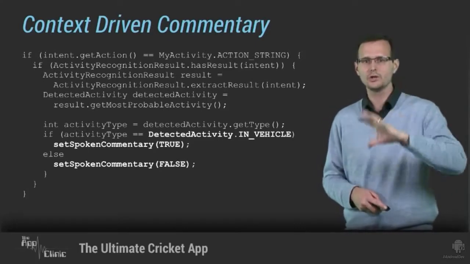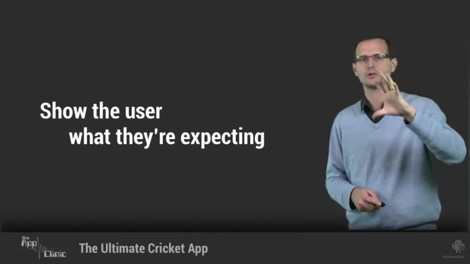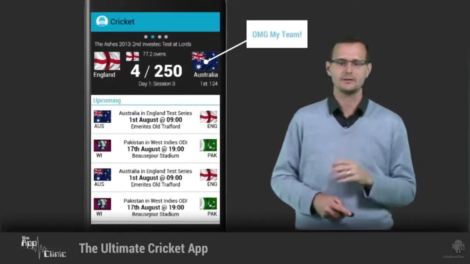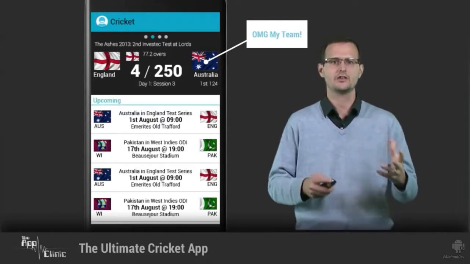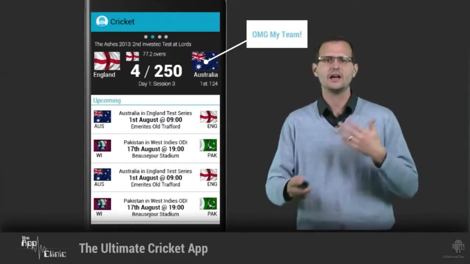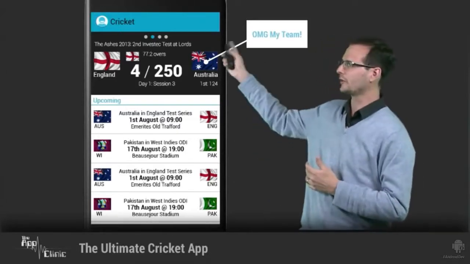But of course, the real magic comes from an app that seems to have been built especially for you, and that means showing you exactly what you expect to see. Now, when you open the app to the landing page, there's likely to be several cricket matches being played, including tests, one-dayers, 2020, domestic and international. So how do you make sure that the match I downloaded the app to track is the first one displayed